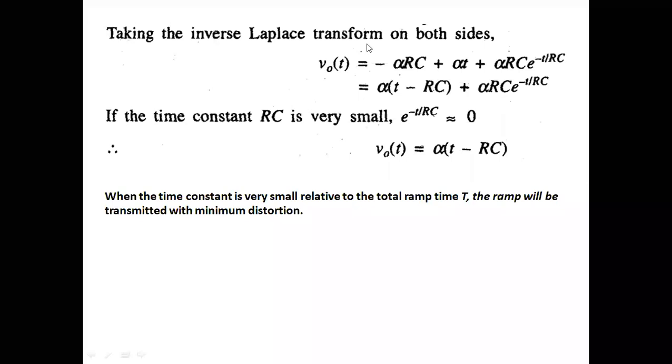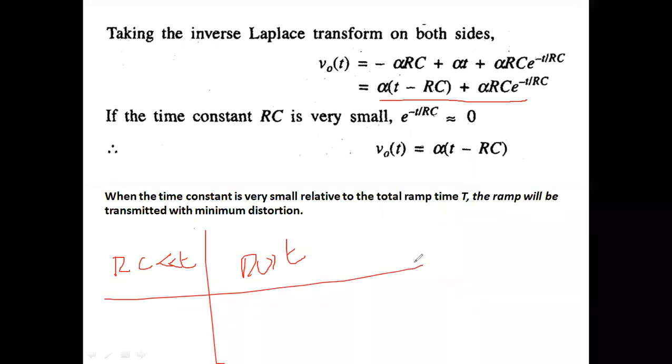In this output, if you remember the high pass circuit, once you derived the output voltage, then you took the conditions: the time constant is very small and the time constant is very large. RC is very small or RC is very large. We took the two conditions. If you recall your high pass circuit, in the same way you derived the waveforms. We drew the waveforms where the time constant is very small and where it is very large.